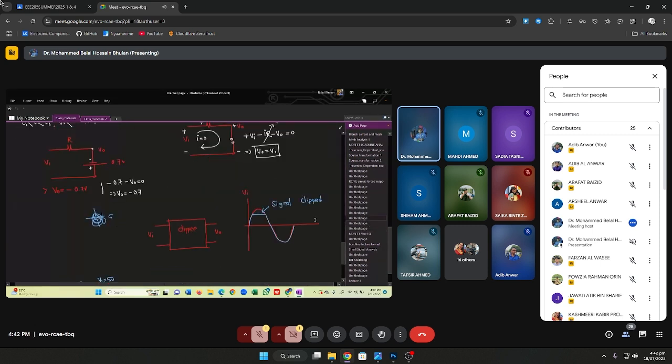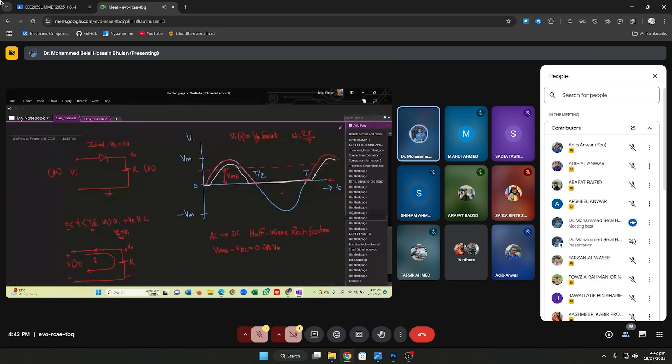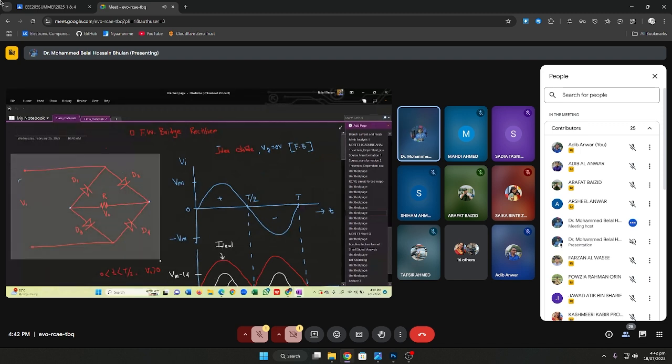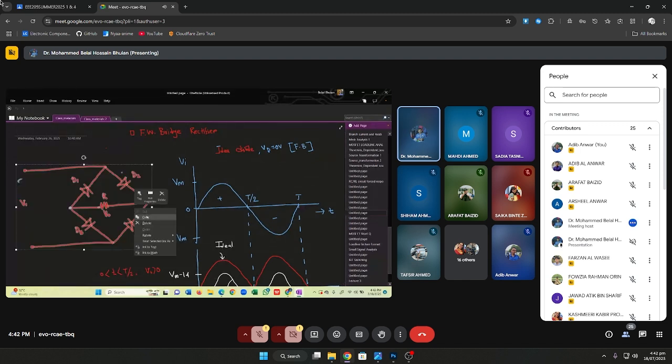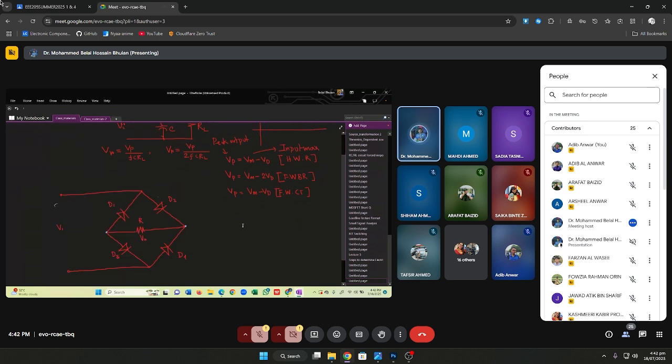Yeah, so it's a borrowed diagram from here. Let's say I borrow this diagram. Copy. And then, if I want to